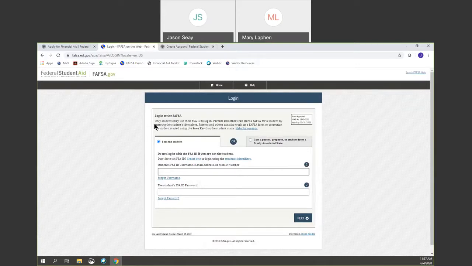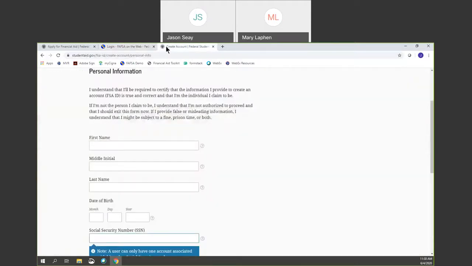So that's why I think it is advisable for a student to create their username and password first. On the other hand, we encounter students all the time that, hey, yes, you in fact maybe did do a FAFSA 4 or 5 years ago, or you have student loans, and this is also the time where if you go to begin creating that username and password and all of a sudden the system says, whoa, stop, you already have one created,